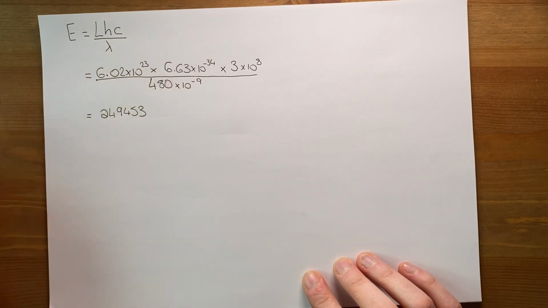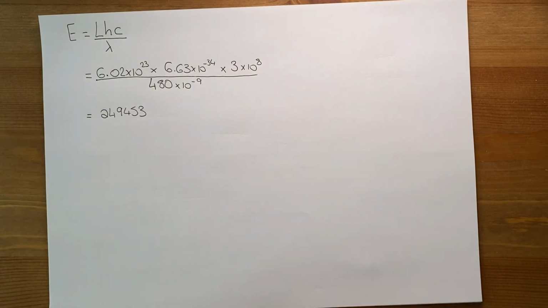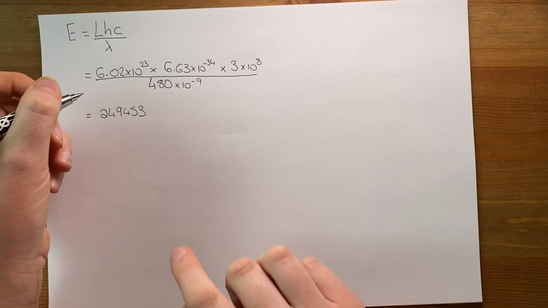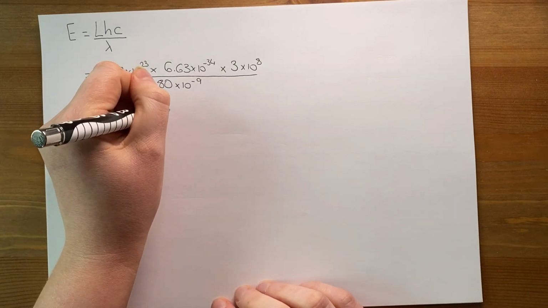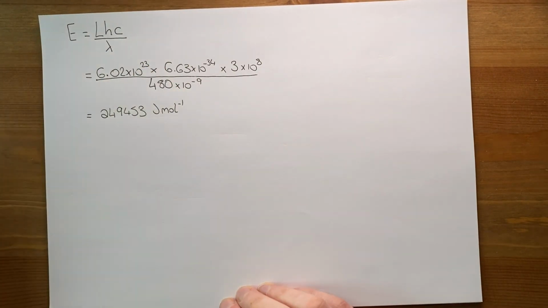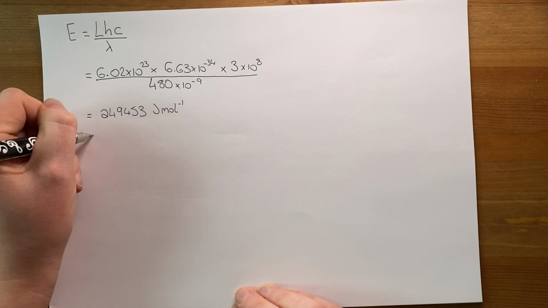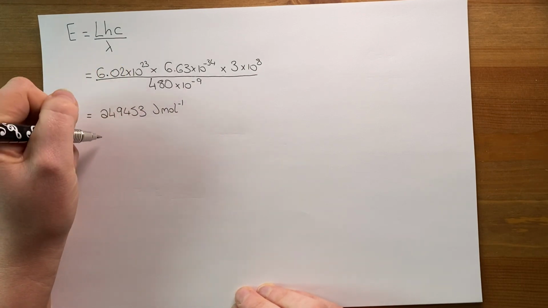We never used numbers this big in chemistry before, so this gets confusing. This answer is in joules per mole. Now, physicists, you're going to be happy with that. It's in joules. As chemists, we're not very happy with that. We like using kilojoules. And so we would have to divide that by 1,000. So we would get